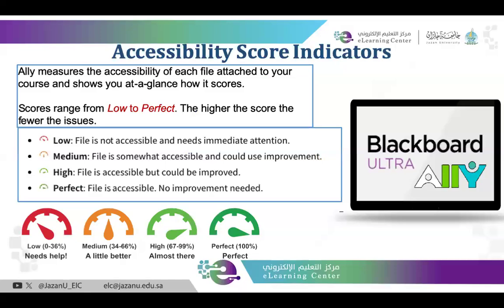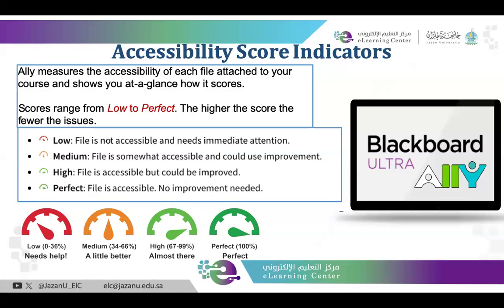Accessibility score indicator. The accessibility score indicator is the way Ally measures the accessibility of each file attached to your course and shows you at a glance how it scores. Scores range from low to perfect. The higher the score, the fewer the issues. What does it mean? When you upload any kind of file, there is an accessibility checker which will give you a meter like this,